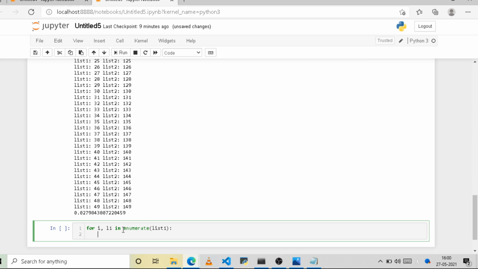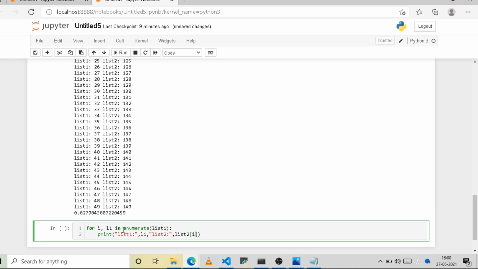List 1 of i, and then list 2, comma, list 2 of i, because as we know that both the lists are having equal length, so I can use the same index from list 1 to get the value of list 2.